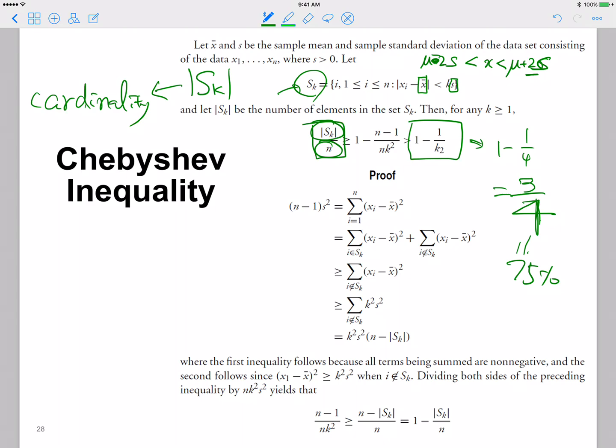So regardless of any distribution, if you set k=2 and look at the range of u plus 2s to minus 2s, then the data items falling into this range are at least 75%. That is important. And then if we narrow this down, if we decrease the range to maybe u plus s,